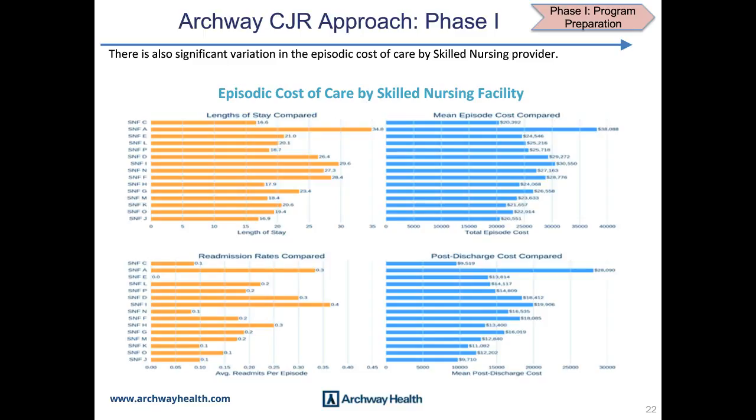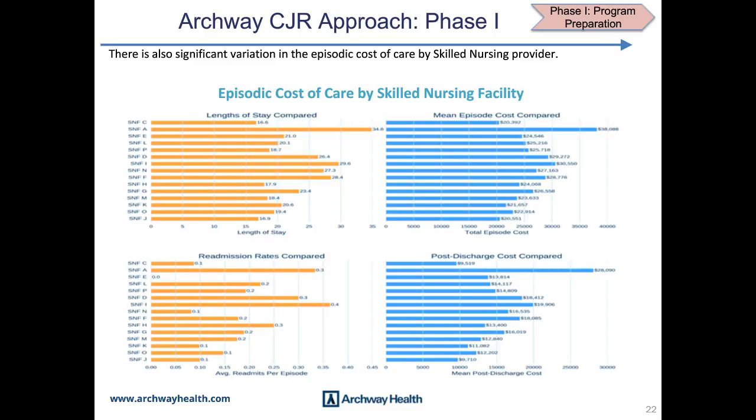That includes the SNF length of stay, any readmissions that are happening to that patient, either directly from the SNF or after they leave the SNF. Same thing for home health. And we use this to start establishing those preferred relationships that Fred talked about, and looking for who are already strong performers, and then also looking for who, among those strong performers, is eager to collaborate with us to continue to get better, because there's certainly opportunity. Even the best performers on this slide can get better.